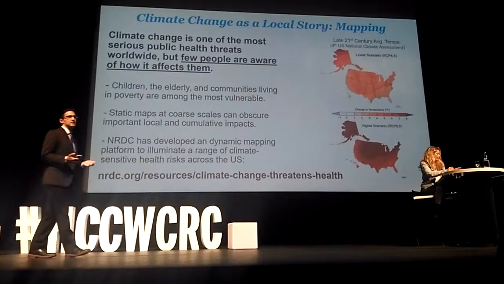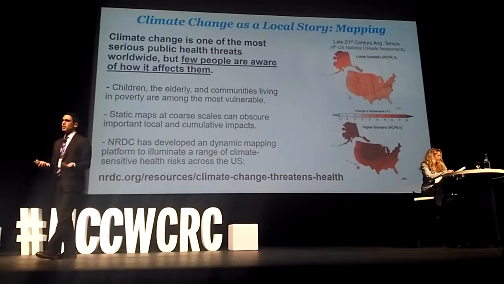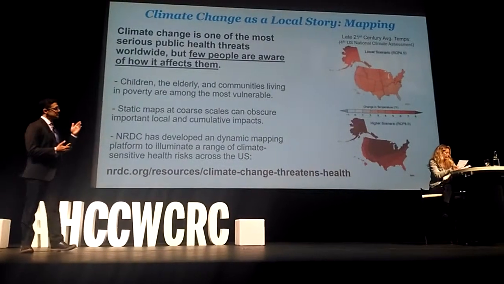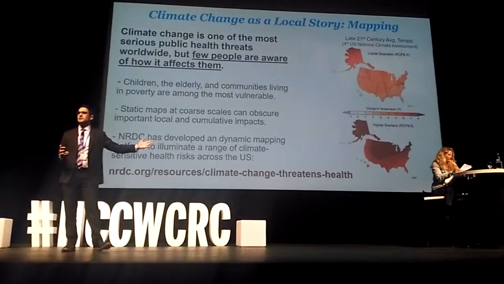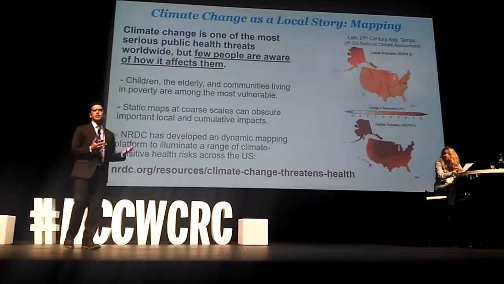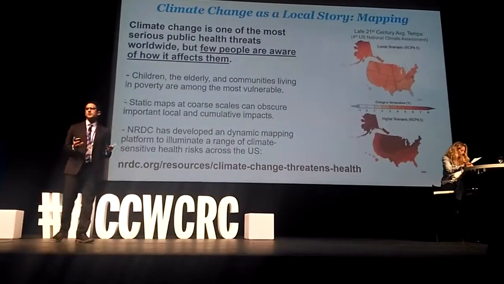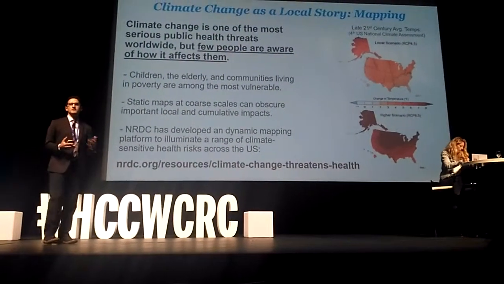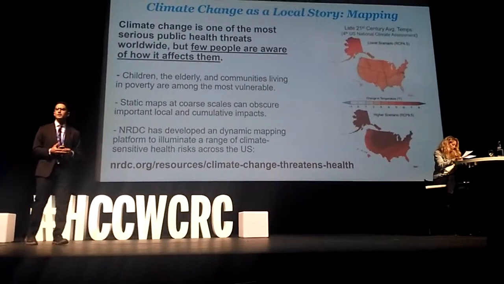What we found is that static maps, like the one shown on this slide, tell part of the story, but they also obscure part of the story. With these maps about some time in the future and what one particular impact looks like, we don't have a great understanding about community-level impacts, and we also lack sufficient understanding about cumulative impacts, right? It's not just the heat, it's not just the air pollution, it's not the extreme storm, it's everything converging all